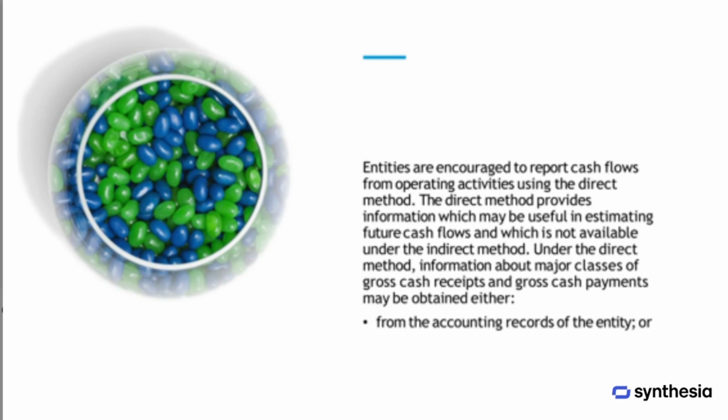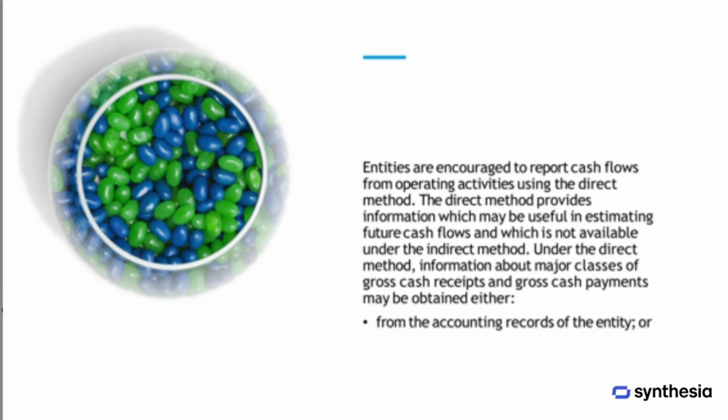Entities are encouraged to use the direct method for reporting cash flows from operating activities because it provides useful information that can help in estimating future cash flows, which is not available through the indirect method. Under the direct method, an entity can obtain information about major classes of gross cash receipts and payments either from